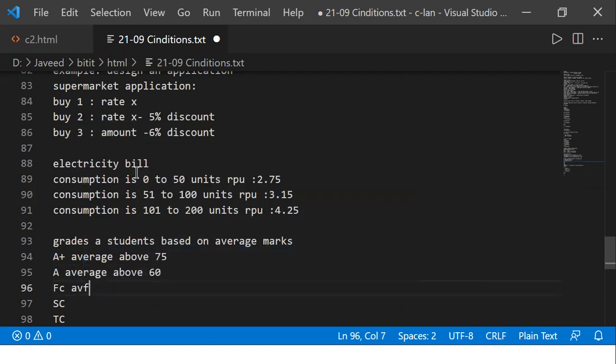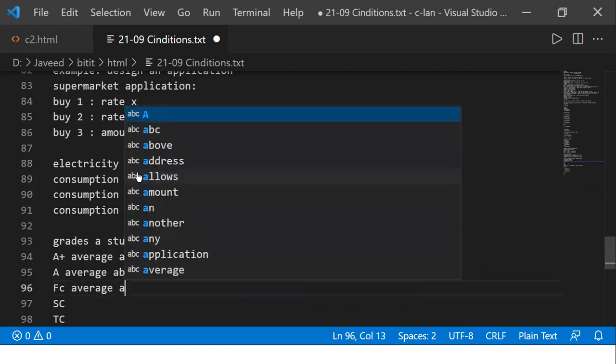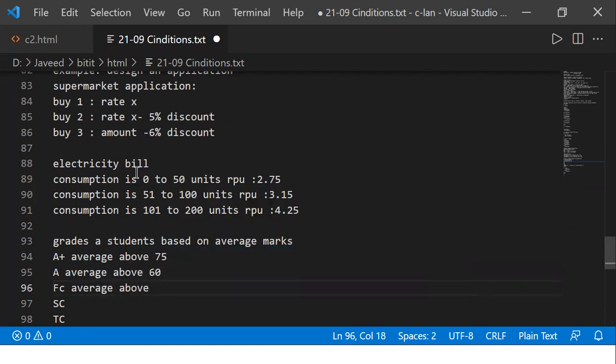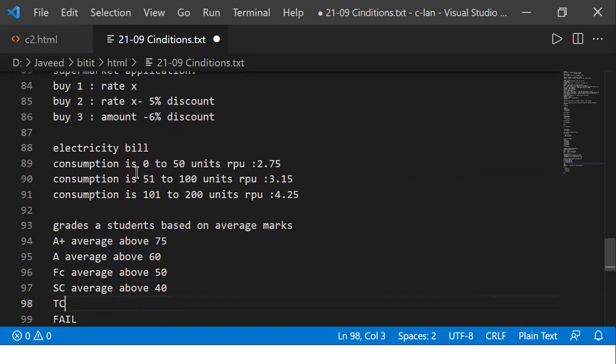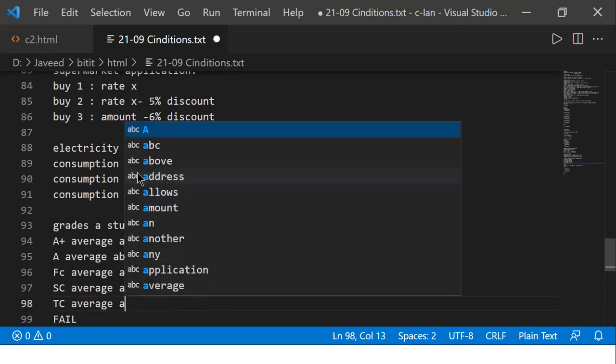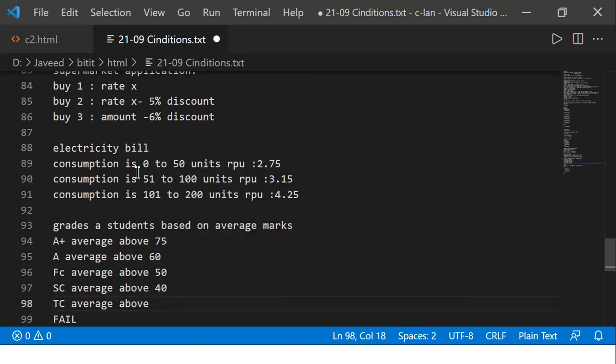Now if the average value is above 50, okay, then we say it's a first class. Then like this, if the average value is going to be above 40, so I say it's a second class. Okay, fine, no issues with that. If the average value is above 35, okay, so I'll say it as third class.